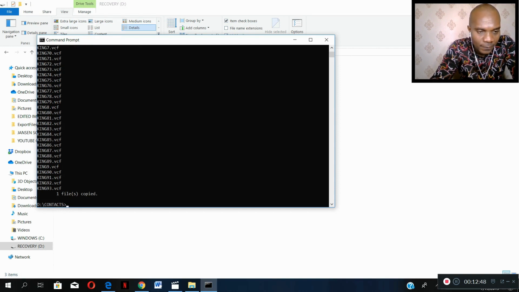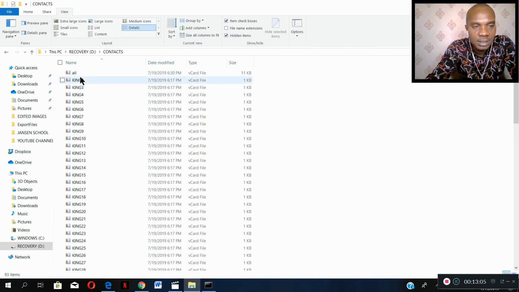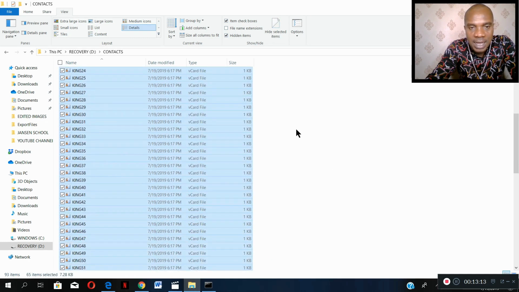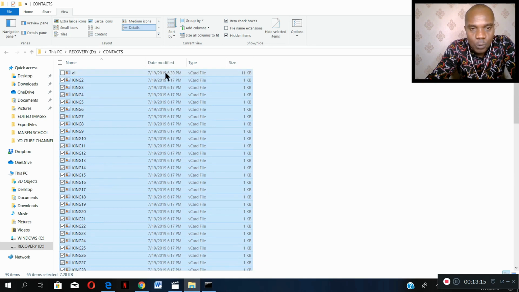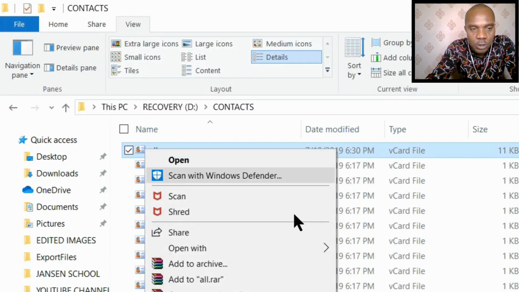Enter. One file copied. All the files have been combined as one file. Let's look here. Contacts. These are all these files. All these 92 files have now been added as one. So this is the file. Once you copy this file now,